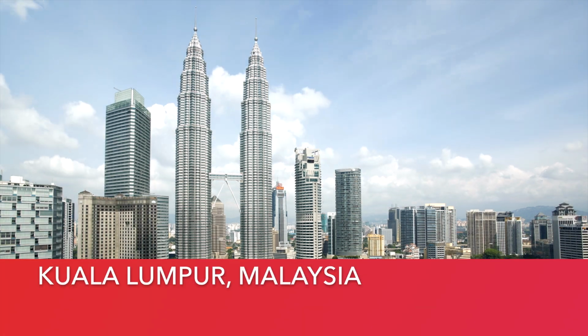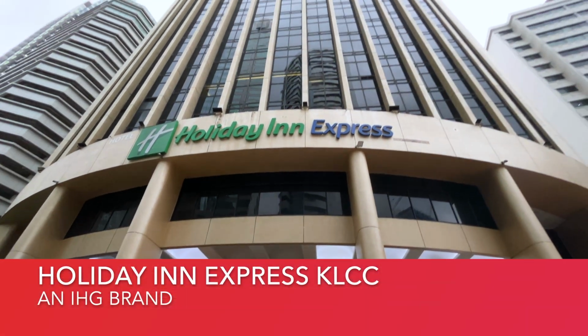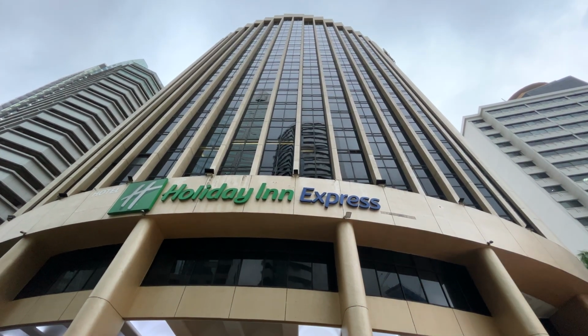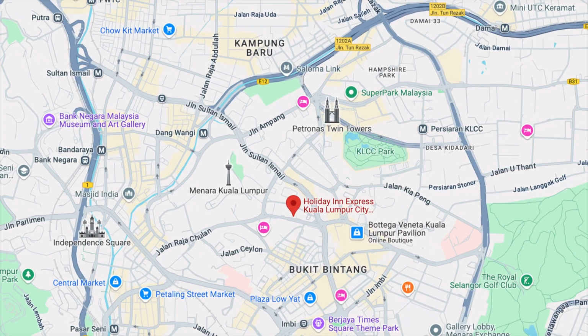Kuala Lumpur, Malaysia's vibrant capital, is one of our favorite places in Southeast Asia. For our trip there, we booked 4 nights at the Holiday Inn Express Kuala Lumpur City Centre because of its location and affordability. Situated on Jalan Alor, the Holiday Inn Express KLCC is located within the city's Golden Triangle, the